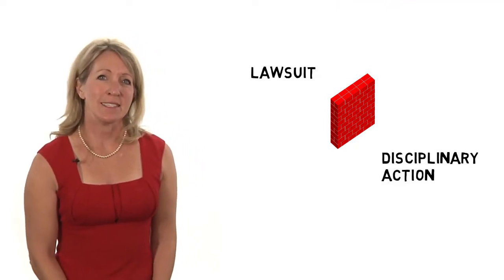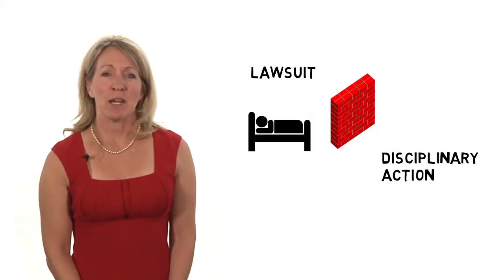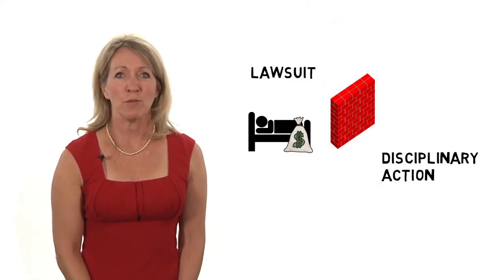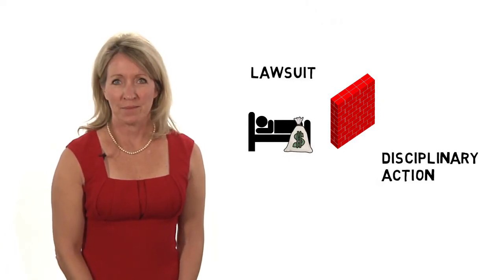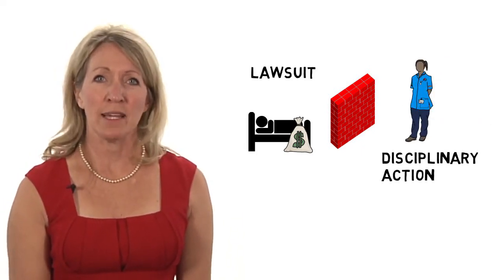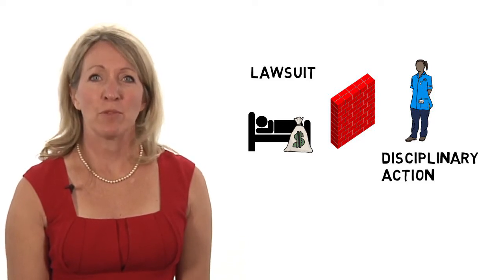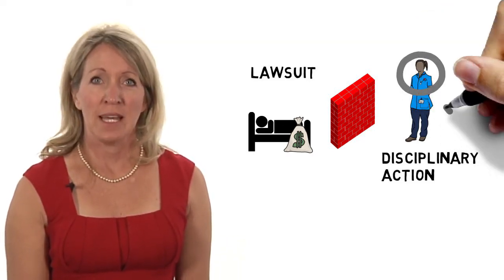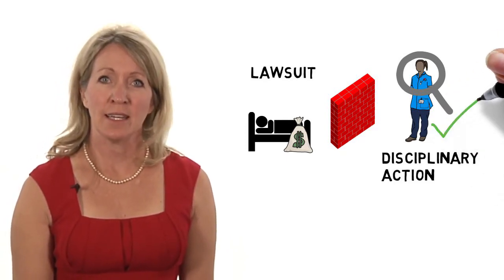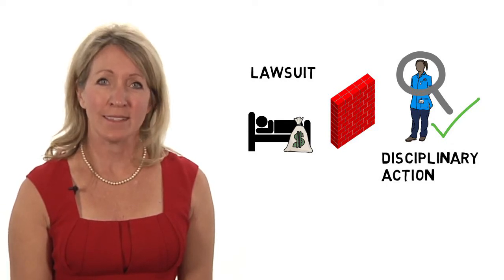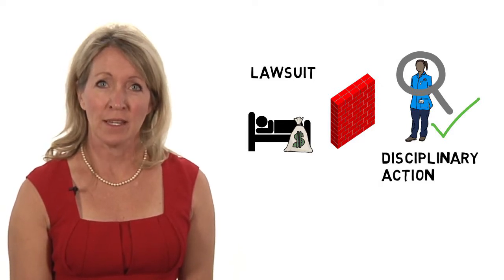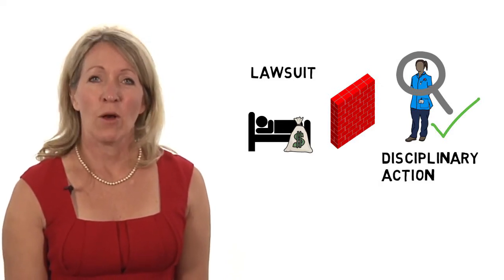Because medical malpractice exists to protect the patient, the expected outcome of a successful lawsuit is the patient or plaintiff will receive damages or money because they suffered an injury. On the other hand, nursing regulatory bodies exist to serve and protect the public, regulate nursing practice, and promote and support safe nursing care. The expected outcome of a complaint to a regulatory body is that the nurse will be investigated and corrective action will be taken where necessary. The nurse may be disciplined, required to undertake further education, be asked to practice under supervision, or in some cases,